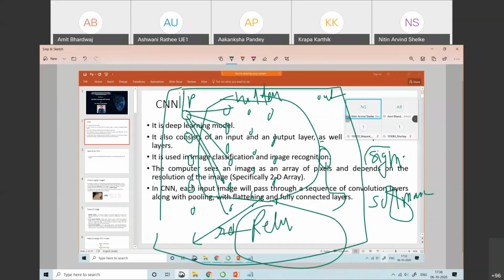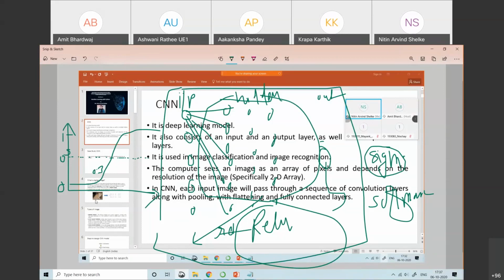Sigmoid we already discussed in logistic regression. It is an S-shaped curve, the sigmoid curve, and it is useful for binary classification problems. This is 0.5, the threshold value. The output is always between 0 and 1.